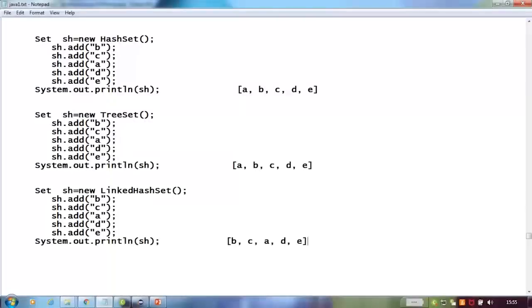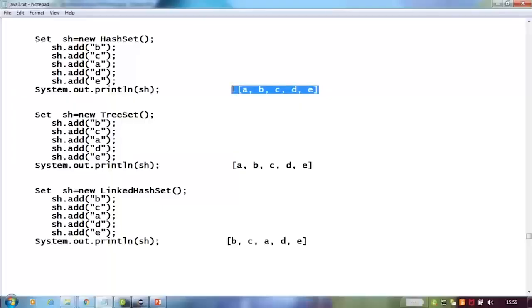See, a set will always contain objects that are unordered and unique. In these examples, we have used three set classes: hash set, tree set, and linked hash set. Now, if you see, in case of tree set, the objects came in sorted order. Linked hash set objects came based on insertion order. But in case of hash set, no one knows in which format the output will come,